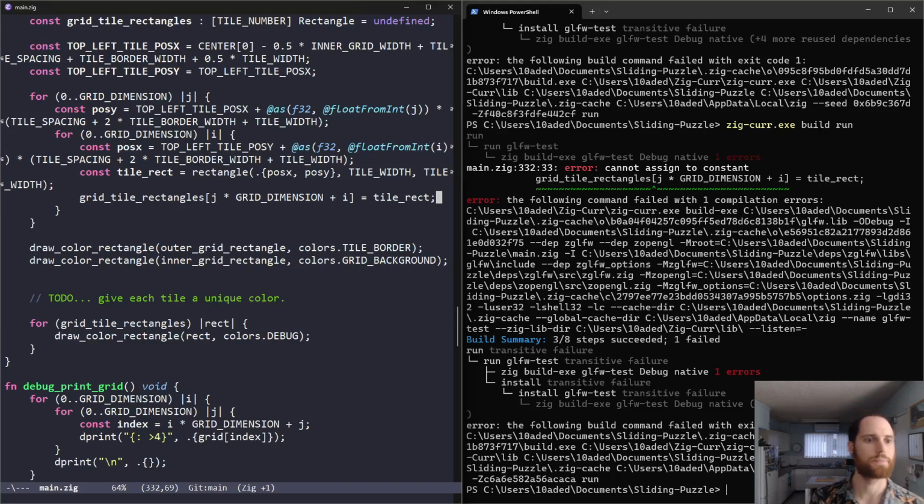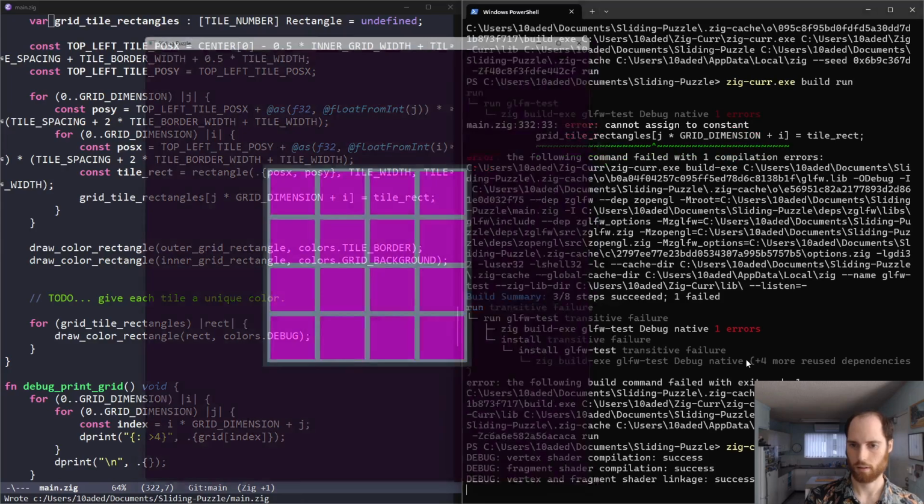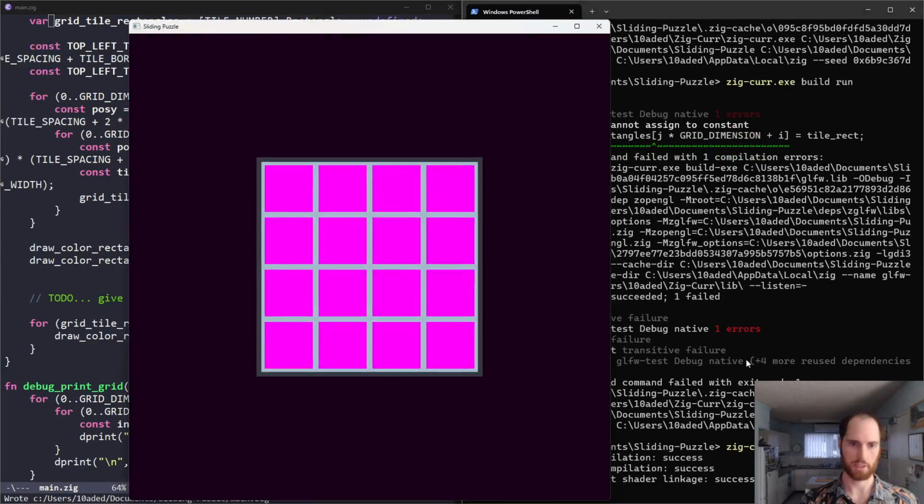Oh yeah. Ah, wait. It worked first time. Excellent. Well, almost first time, except here the colors that we're choosing for